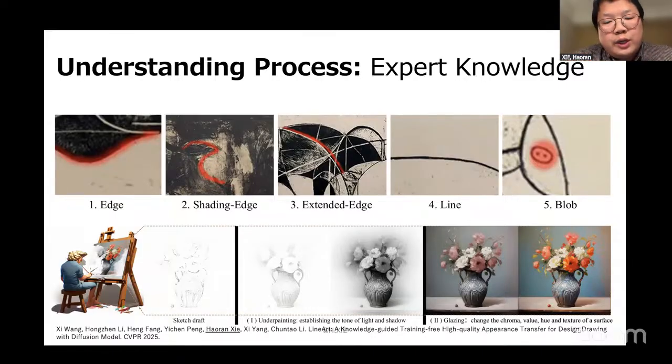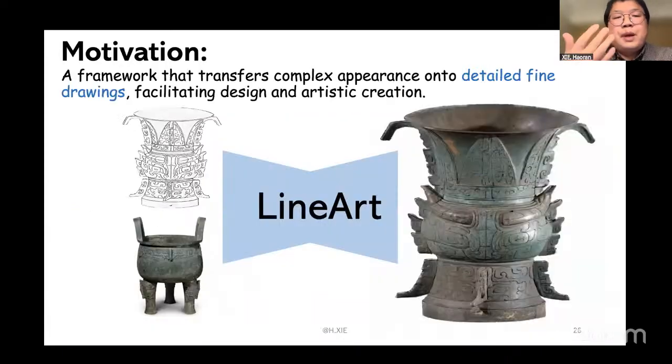Also, when they draw, first they draw just the outline, then give the colors and the lighting conditions. This is all the human recognition process. When you do drawing, you never do it inversely. Based on this, this is our collaboration work with Jilin University.